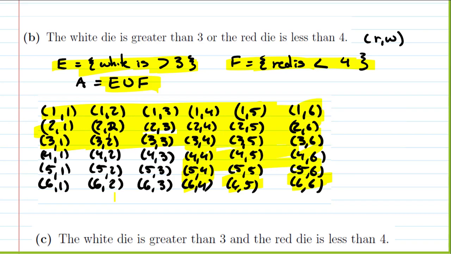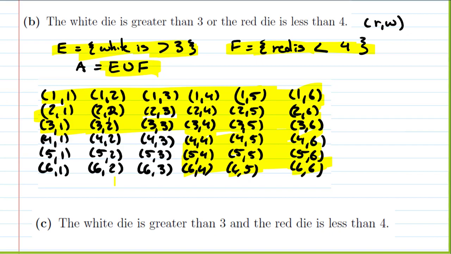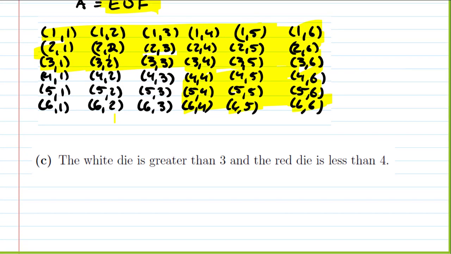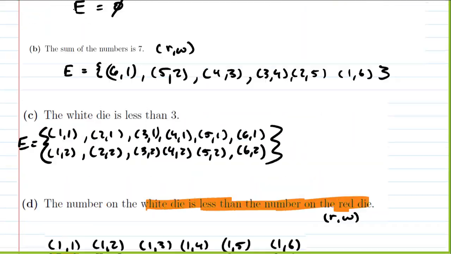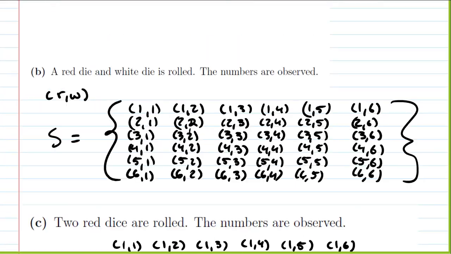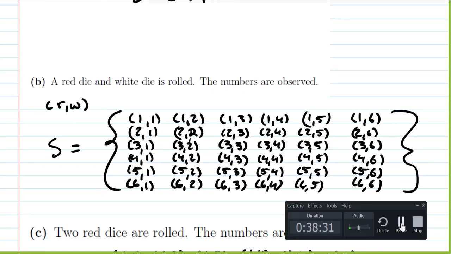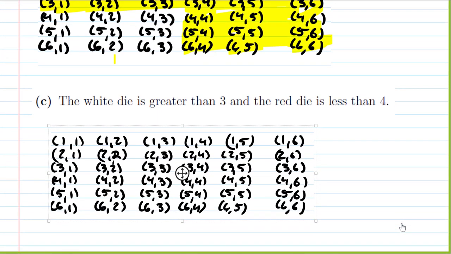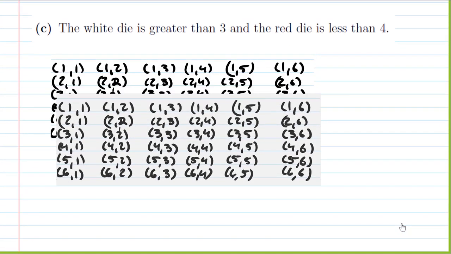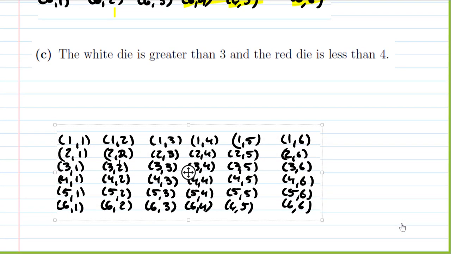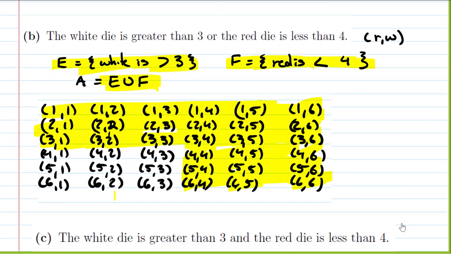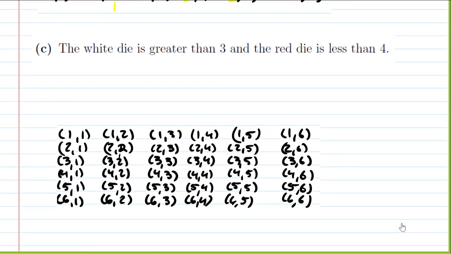Okay. So that would be our event. So this time, we want to do something very similar. The white die is greater than 3, and the red die is less than 4. The only difference between this is we have an OR up here, and here we have an AND. So let's define our events